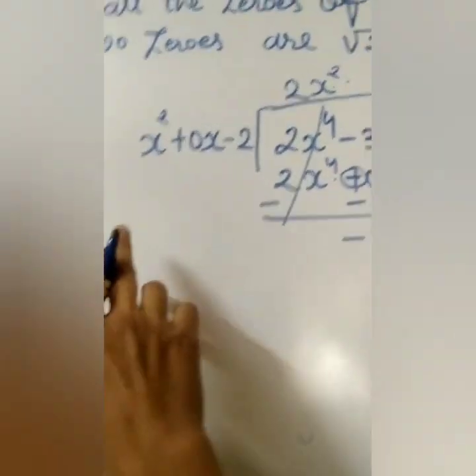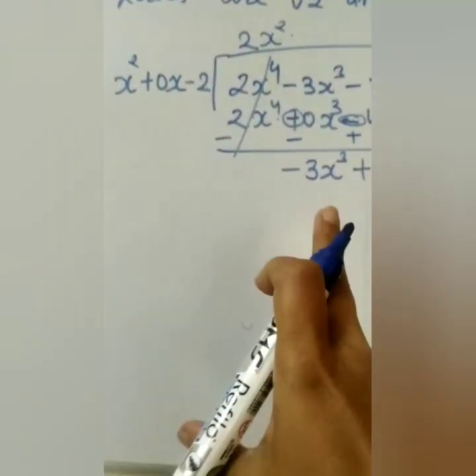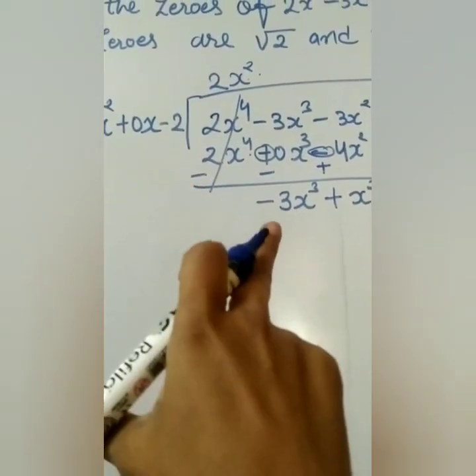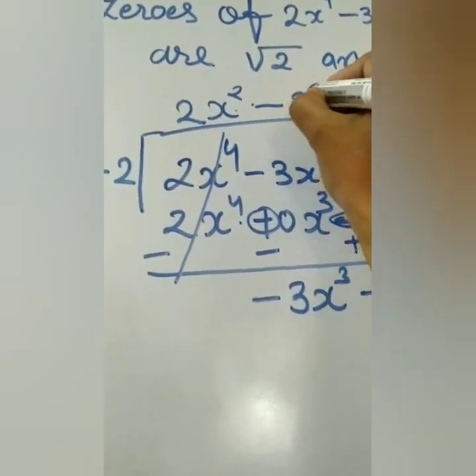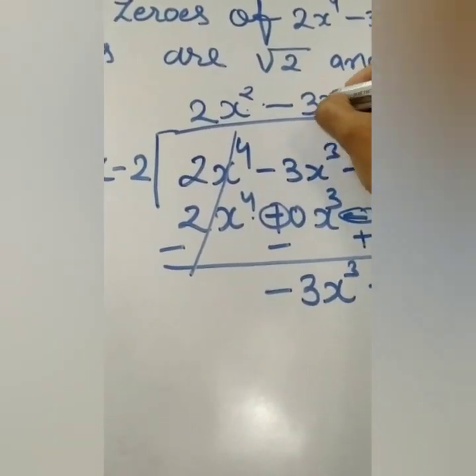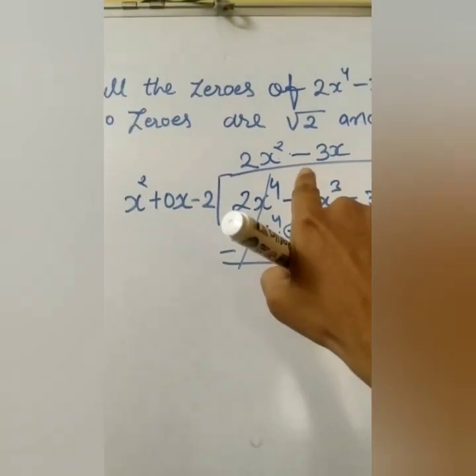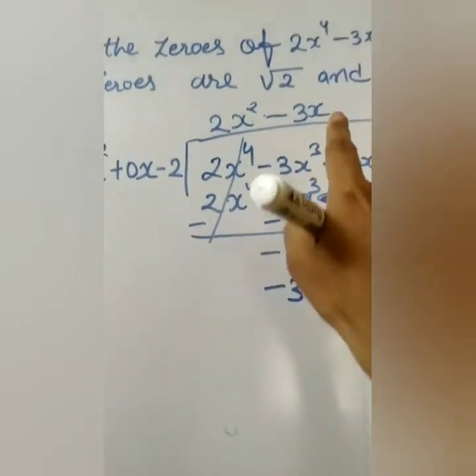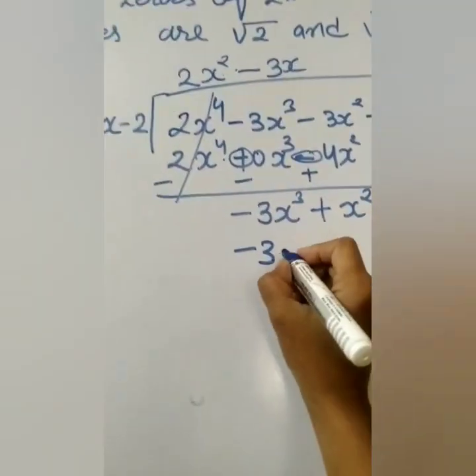Now here again we will go towards our g of x. Here we now want x cube, so we want 1x as well as minus 3, so we need minus 3 as well as 1x. So now here we will start multiplying. Minus 3 ones are minus 3, then x into x square will become x cube.